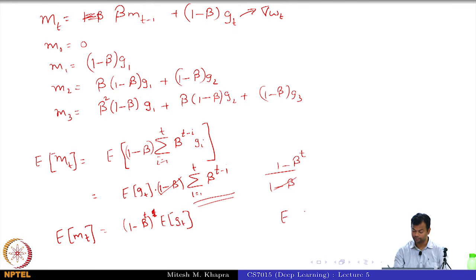What did you actually want? So now how will you ensure that? Divide MT by 1 minus beta raised to T, and that's exactly the bias correction that we had done. Sorry about this messy derivation, but I guess most of you get it. If not, we'll just type it properly and upload it in the slides. How many of you got this? Okay, most of you got it. Fine. And the similar derivation works for VT also. So that's why we need the bias correction.